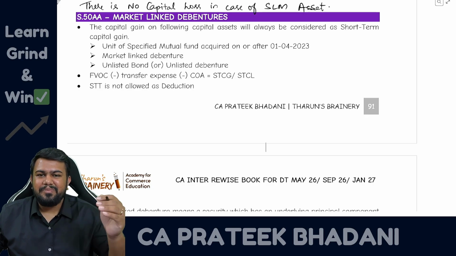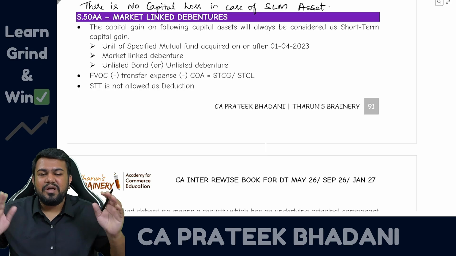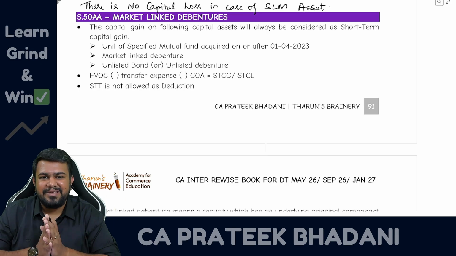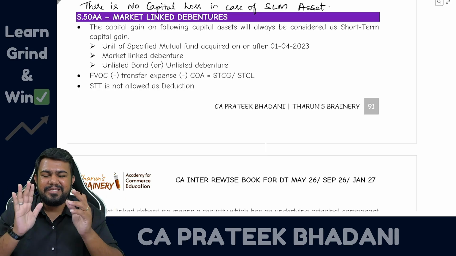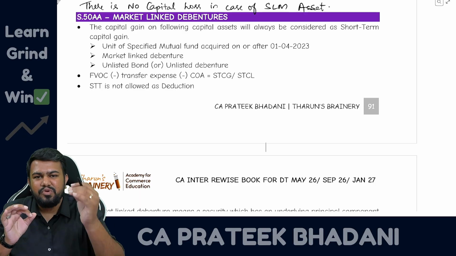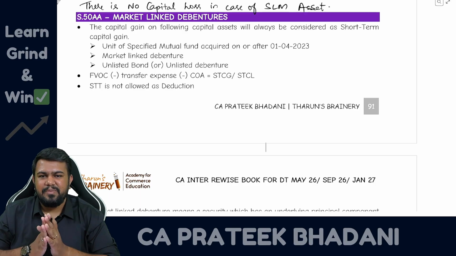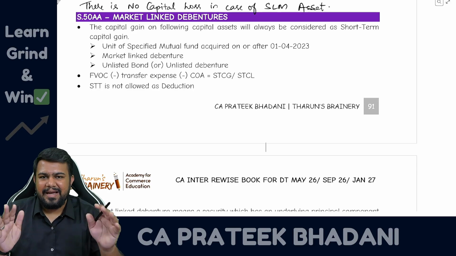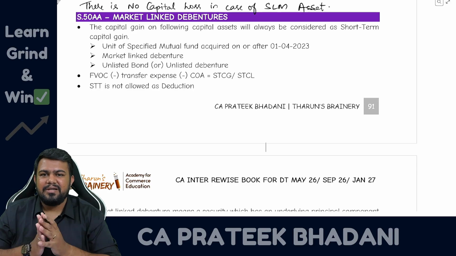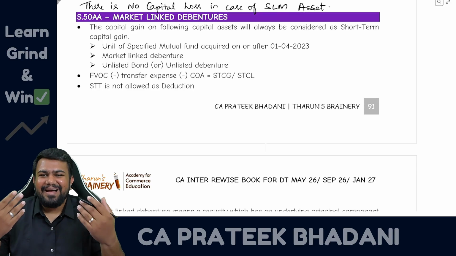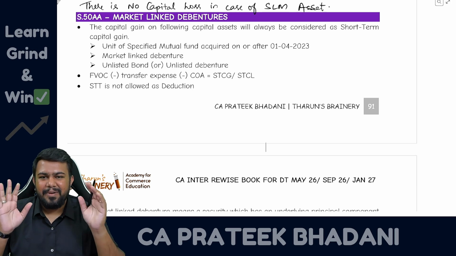So 12.5% is lower than 30% now. So people started taking the benefit of this section. Instead of directly depositing in FD, they will deposit in mutual fund. Mutual fund will deposit in FD or bonds or debenture, as the case may be, so that they can pay lower tax. However, to remove this type of malpractice by the assessees, that is why the government told, wherever